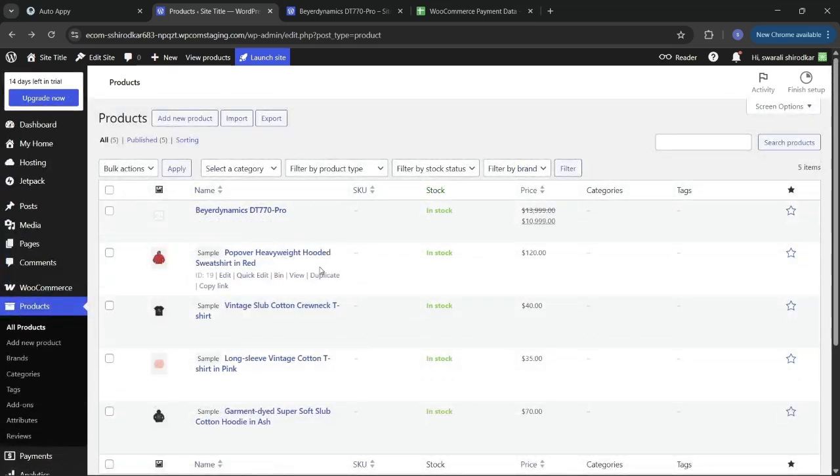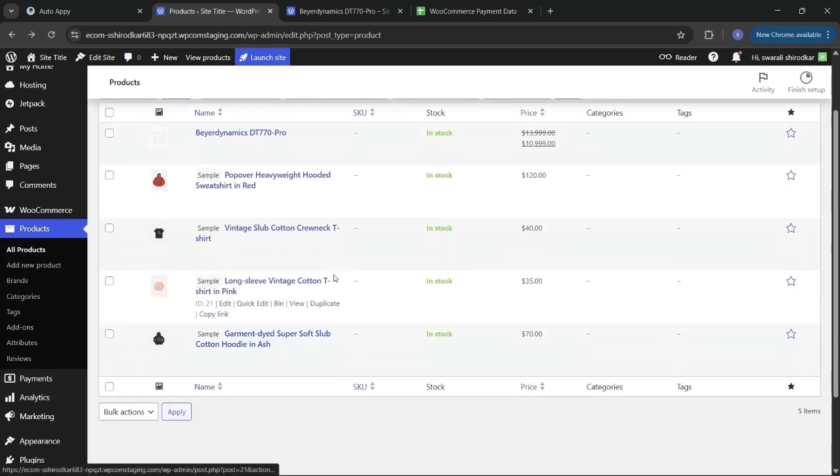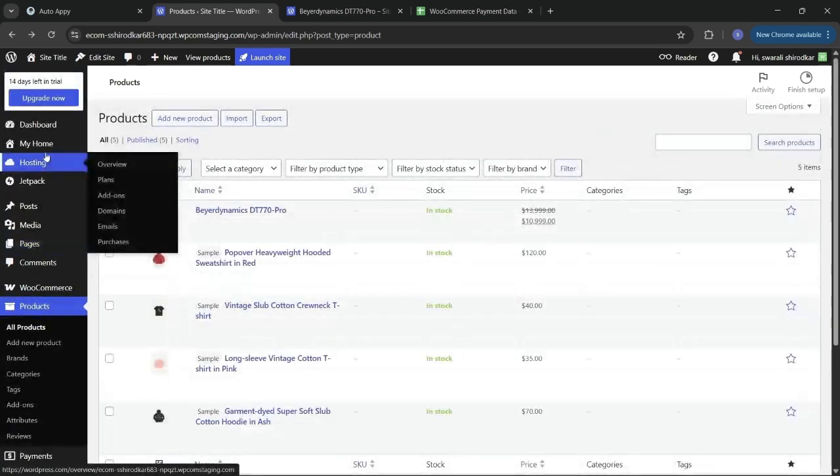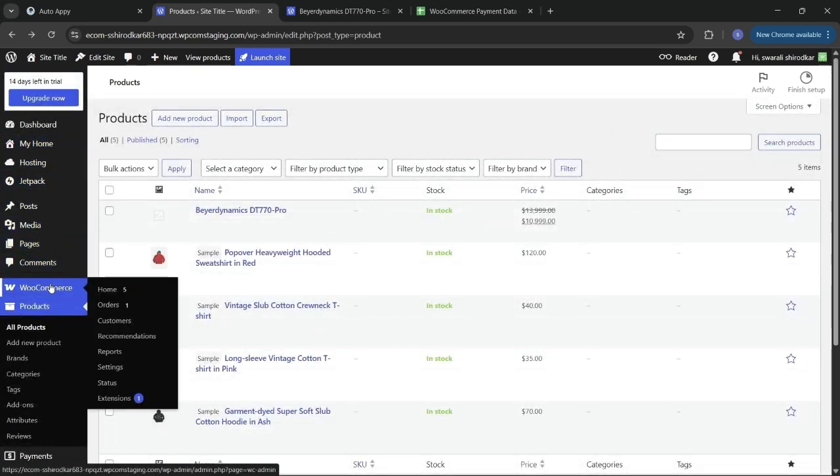Since I have already created one product here, you can see Beer Dynamics DT770 Pro. You also need to have similarly some products created, or you can always go and select from the sample products given. And you need to go to the settings section of WooCommerce and add a payment method. For this we have to go to WooCommerce and inside the settings section,